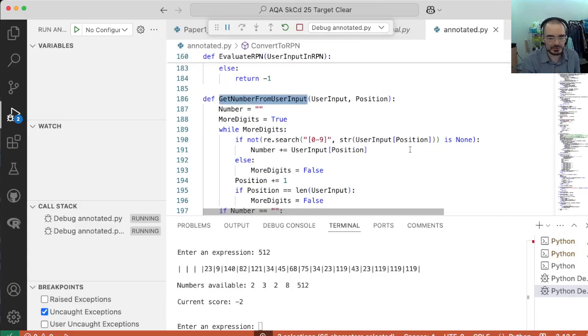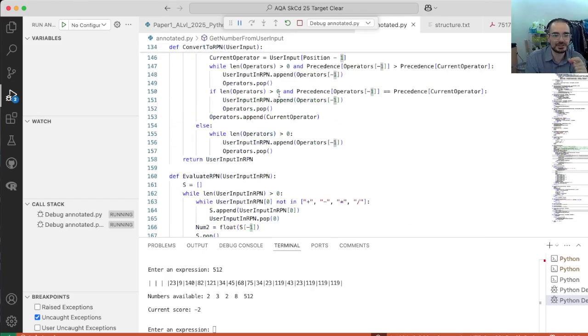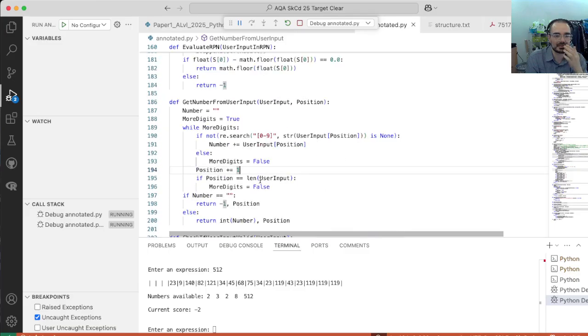Right, so I'm going to zoom out a bit here. Forgive me. We increment, oh, I see what's happening. Even if more digits is false, we'll increment here. This should live here so that we only do it in the right conditions. Position is always going to be incremented a little bit more than it should, because this line's not in the right place, which we could probably annotate. If this was after number plus equal dot dot dot, we